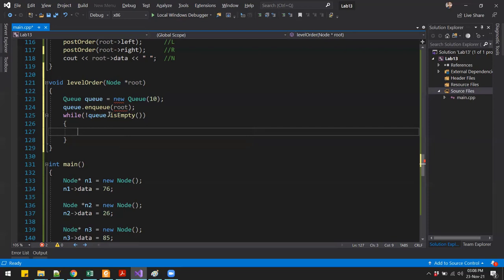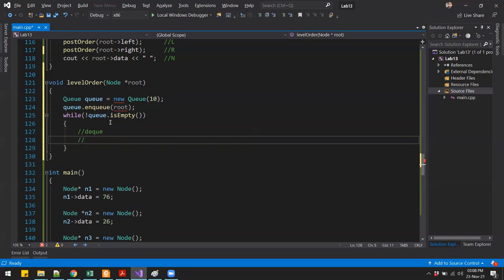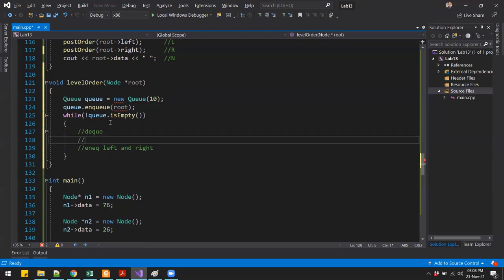So don't worry about that, we'll fix that in a while. So what we have to do over here, while the queue is not empty, we dequeue the queue, then enqueue the left and the right child, and then print. We can do the printing over here or here, doesn't really matter.